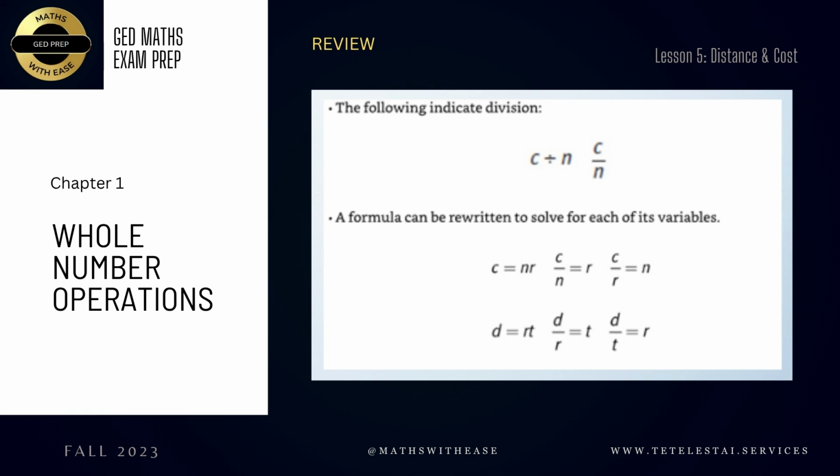This is just telling you that you can rewrite a formula in terms of the variable that you're interested in solving. So here in this case, C equals N times R is our formula. Our variables are C, N, and R. And if you remember, we said that a variable is simply a notation for a number that varies. We don't know what that number is yet, so we'll just put in representative letters that represent